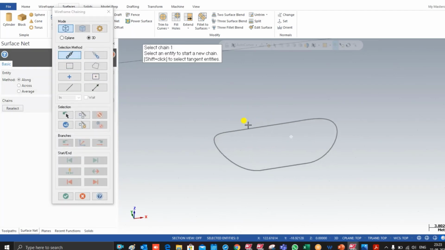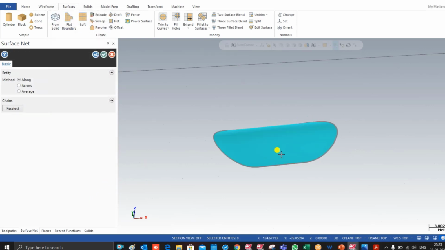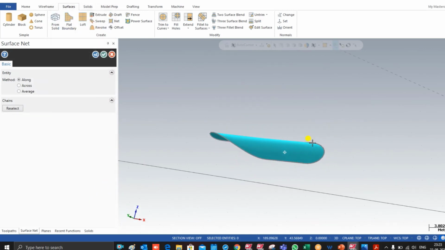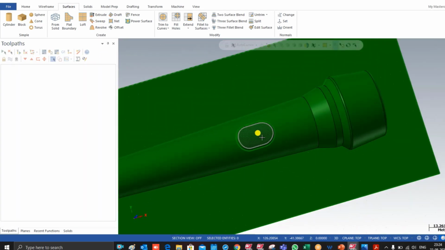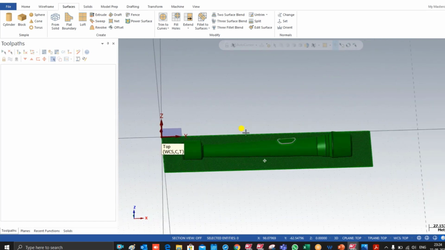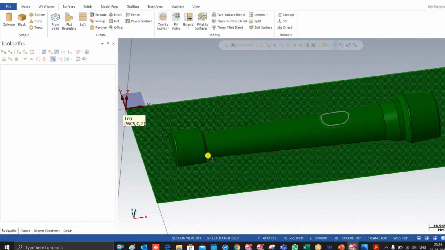After selecting the net command, I have to go into partial. First select that one entity. Now select single line, select this, change the direction. Again I have to select partial, select here to here, and now that here. Now press OK. So guys, as you can see here, that part is already created. So as you can see here, my part is working properly, and my part is looking like the drawing or the model as I showed you previously.